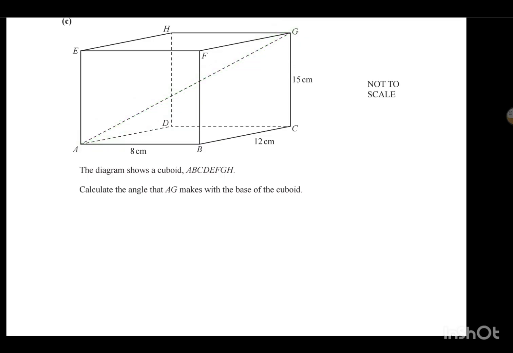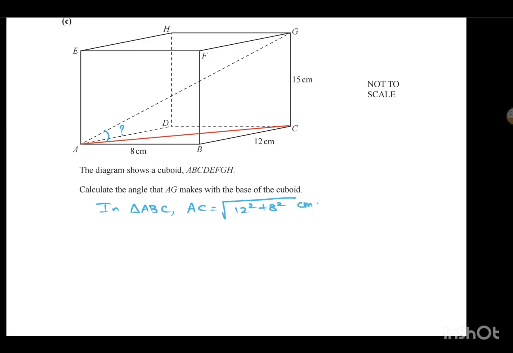So to find the angle with the base, you have to make one more line here connecting A to C. So then only we can find the angle between these two lines. Then we will have to find this angle. So to find this angle, we need to know what is AC. So to get AC, we need to take this triangle ABC. In triangle ABC, AC is equal to hypotenuse. We are finding out hypotenuse because ABC is a right triangle. AC is equal to square root of 12 square plus 8 square